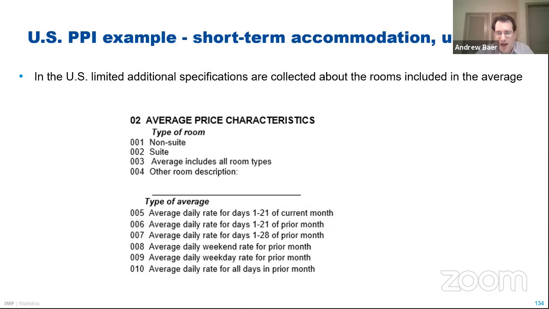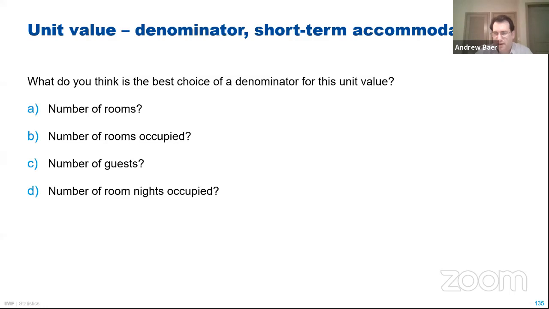Now, if we were to collect a unit value, we wouldn't need to know much about the rooms. We would simply say, is it suites or non-suites? That's typically all the difference we would make for hotel rooms, similar to business class versus economy class on an airline. We would have separate averages for those. Then we would need to know the period covered by the unit value. We would say, tell me your total revenue that you received for all rooms booked during this period, and then we would divide it by a denominator.